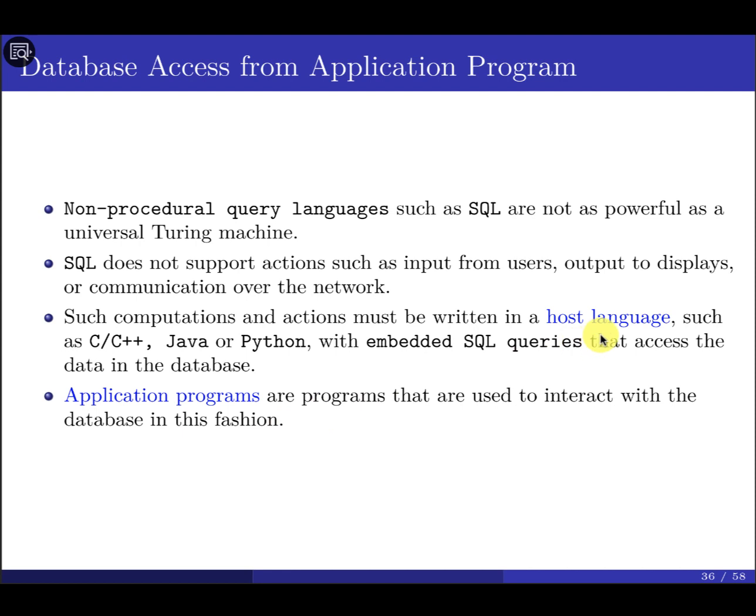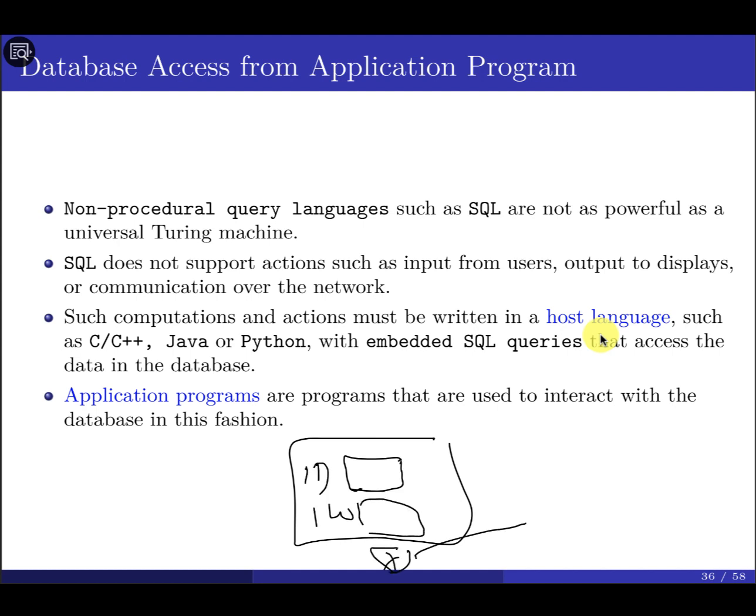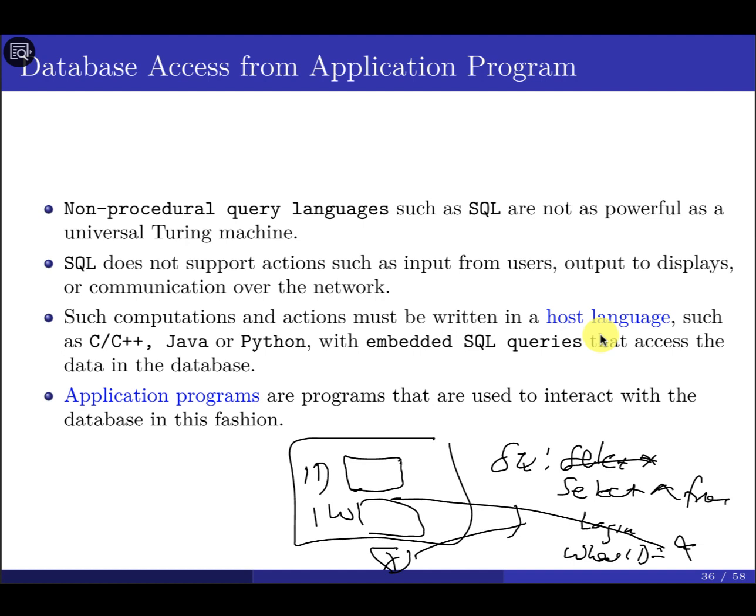Okay, so I'm going to write a form using whatever programming language. It's going to have the user ID and the password. When I say connect, then inside this one I'm going to take the ID and the password and create a SQL query. For example, select star from, let's say, login, where the ID is equal to the value I got here and the password is equal to the password that you entered here. Something like this. Okay,